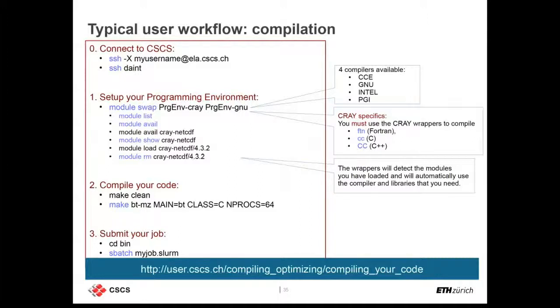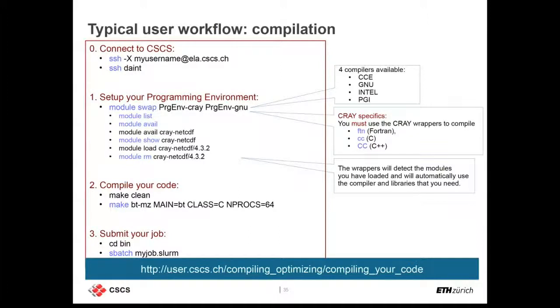This is very important to use that environment because Cray uses some scripts to simplify the way you compile your code, and that's the Cray wrappers. So if you have a Fortran code, you should use the ftn wrapper. If you have a C code, you should use the cc wrapper. And if you have a C++ code, you should use the uppercase CC